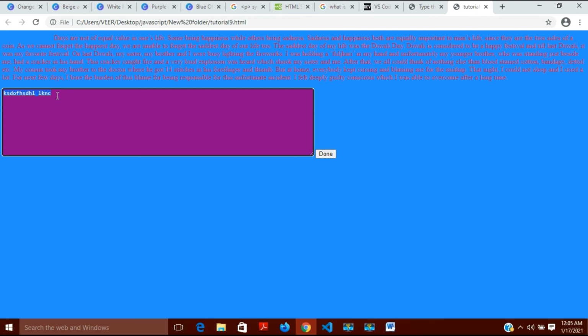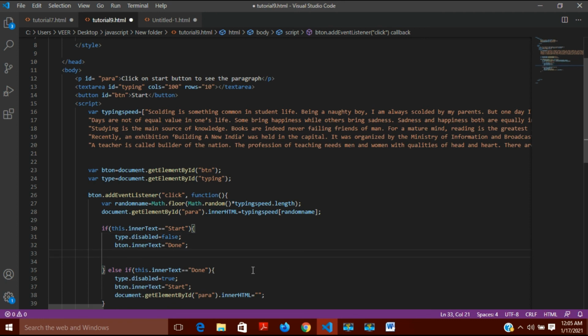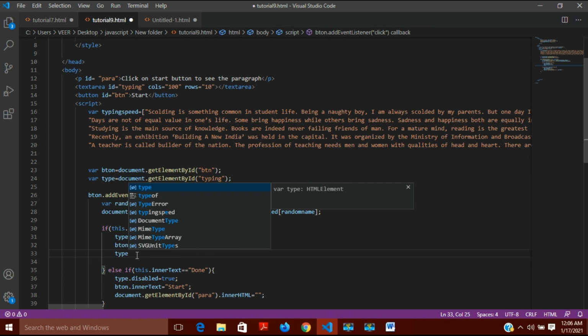So if I want it to be removed automatically, for that I will have to do one more thing here, and that I will do in start, because when I'll click on start, at that time it should clean the whole text area. So for this I will write here one more thing, and that is type. Type means that typing area I'm talking about.